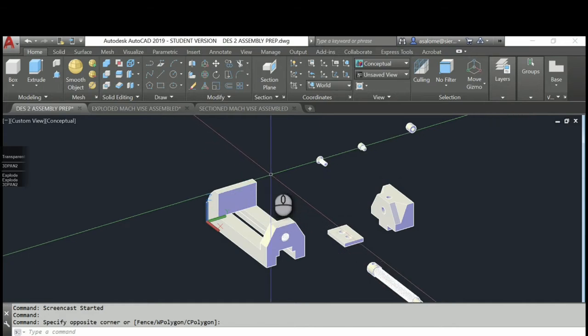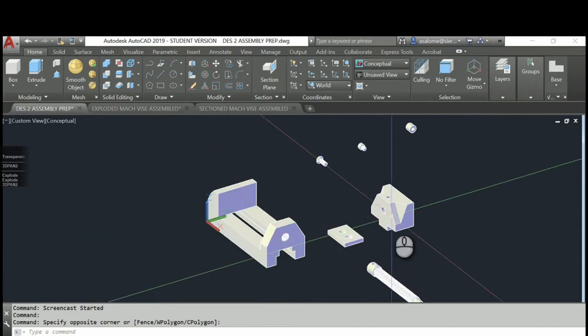So to get rid of the block reference on each part, be very, very careful what you write down here and what you do. You need to explode each part one time. Because if you explode the part a second time, you're going to destroy the 3D solid. You're going to have a surface model at that point, and when you section your assembly, you're not going to be able to see anything. It's just going to be air. So be very careful. We're going to explode these one at a time.